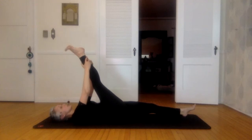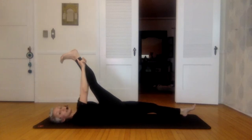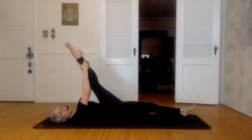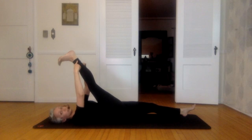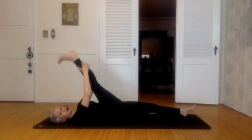And now flex through the toes and the ankle, right? Bringing this big stretch into the calf and your Achilles, and then point all the way through. And flex all the way back. Long stretch down the back of that leg, and point. And one more time, flex,